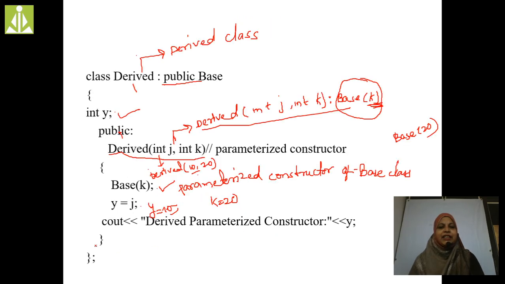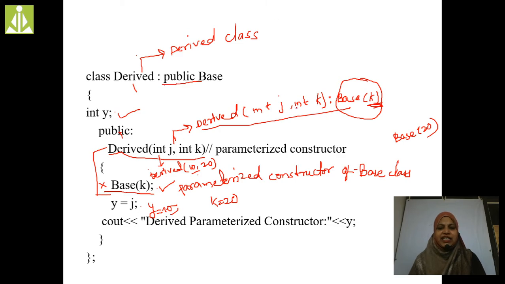The class definition is completed. Now I am going to derive the derived class, derive, in public mode, right? int y. In the derived class also I am defining the parameterized constructor. Here I am passing two parameters, j comma k. Whenever I invoke the parameterized constructor, we compulsorily have to mention the base class parameterized constructor. Otherwise the base class parameterized constructor is not going to be invoked. So first I invoke the base class constructor, then y equals j, or else the same code can be written in this format also.